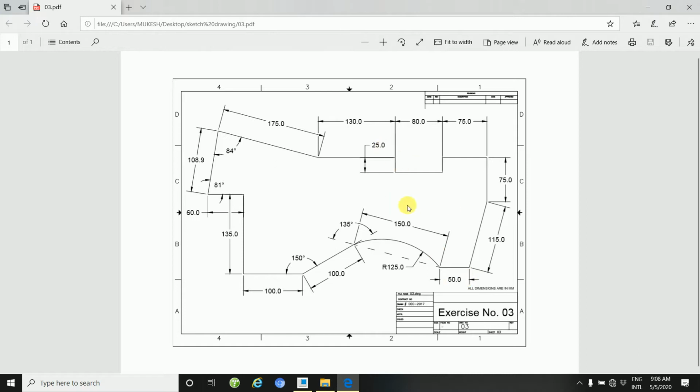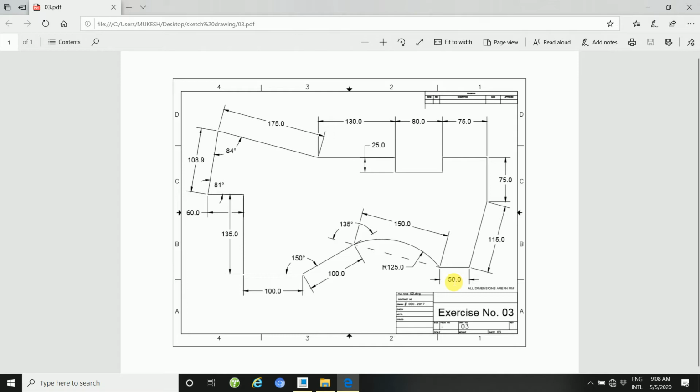First, when you draw any drawing in Creo or other software, you will look at it carefully. First you will analyze your design, what information is inside.